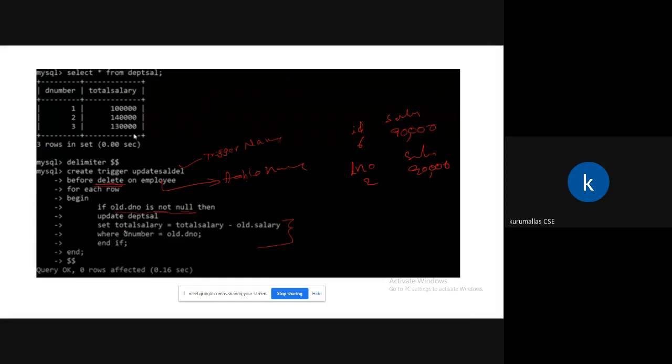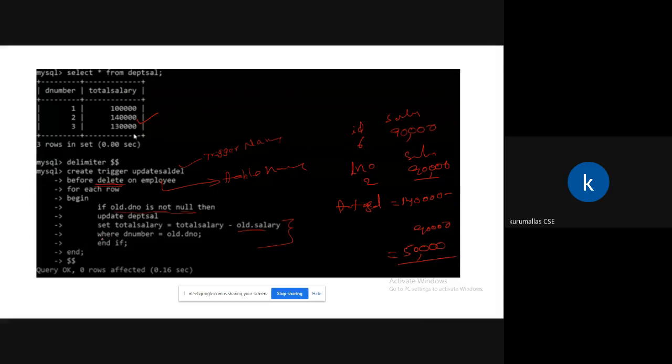What is the total salary? Previously it was 1 lakh 40,000. Total salary equals 1 lakh 40,000 minus old.salary, which is 90,000, so we get 50,000.